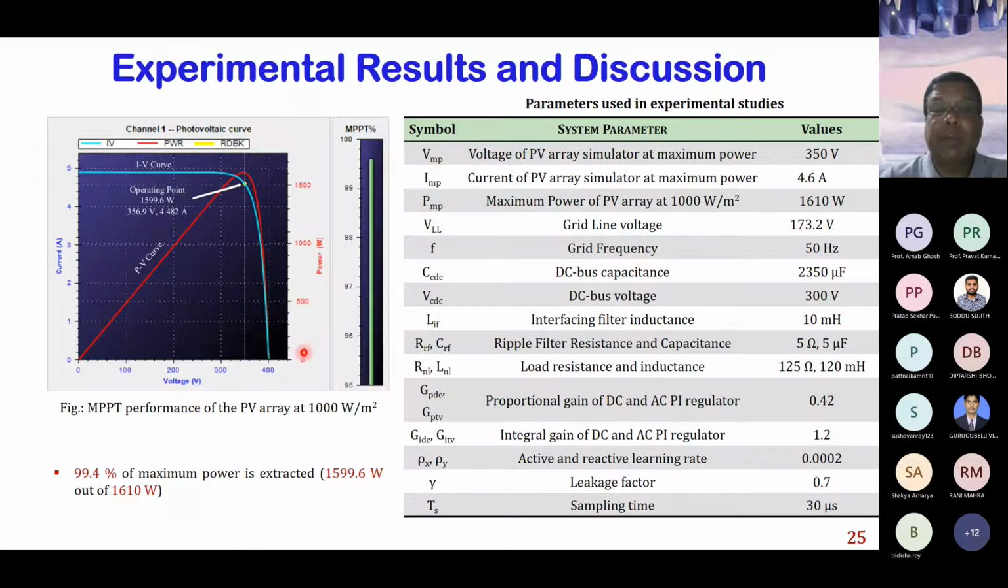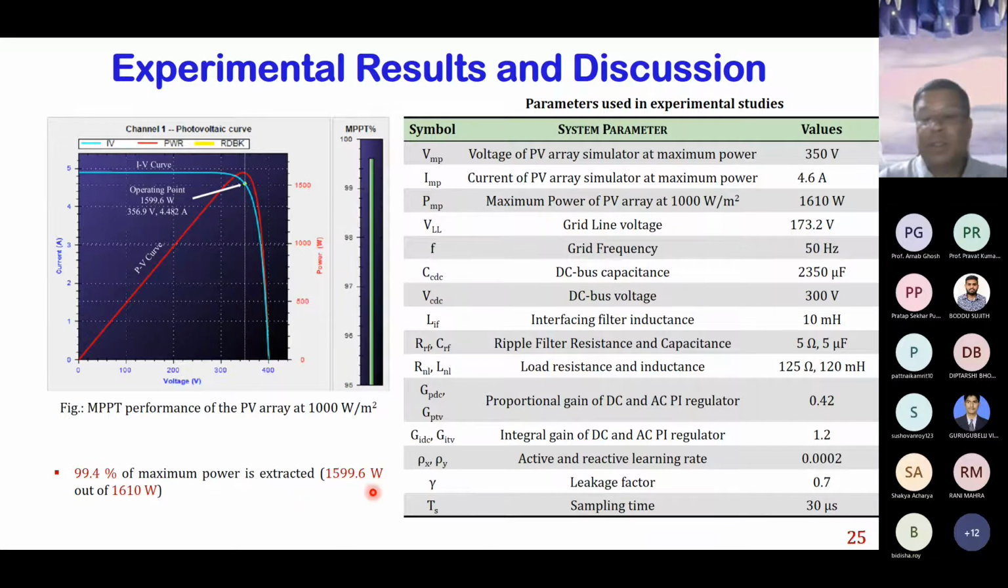Okay, so this is the experimental result. What we have done is we have taken this PV emulator to emulate the IV and PV characteristics, and we could see that by virtue of this control, the maximum power extracted is 99.4%, that is 1599.6 watt out of 1610 watt. So in the experiment we consider 1610 watt,